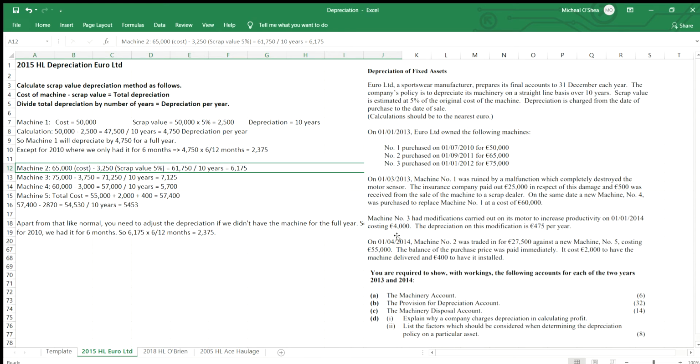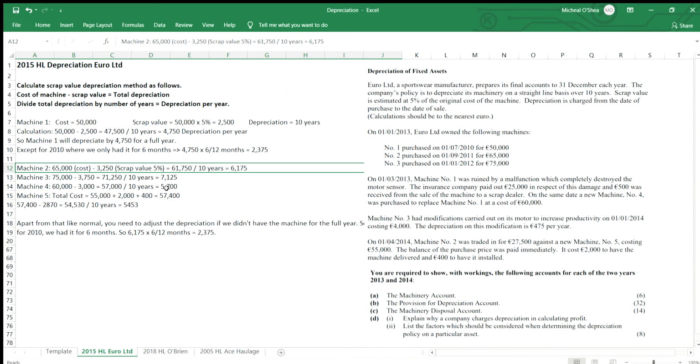Machine 4, so I'm just doing it here to show. Machine 4 is obviously completely destroyed when you get rid of the machine. On the same date, a new machine, machine 4, was purchased at a cost of 60 grand. So that's my 60 grand one here. 5% of it is 3 grand, take it away, gives me 57 grand divided by 10, 5,700 is my depreciation